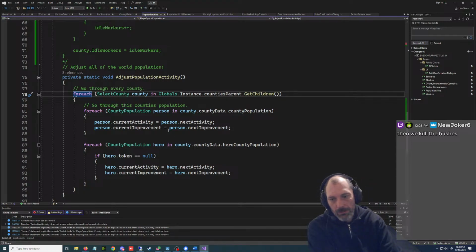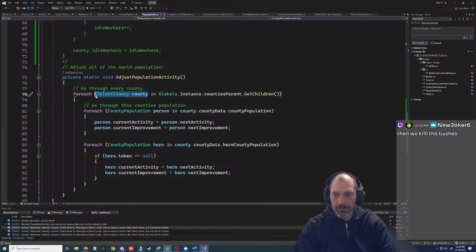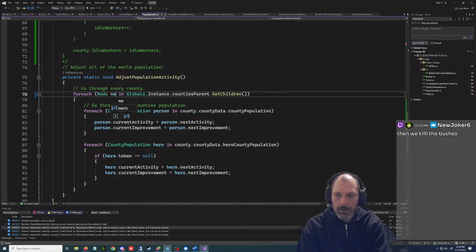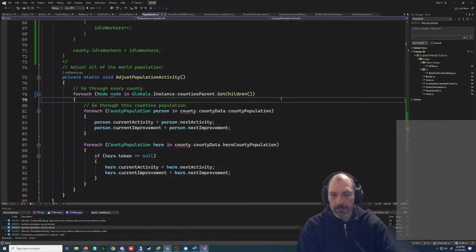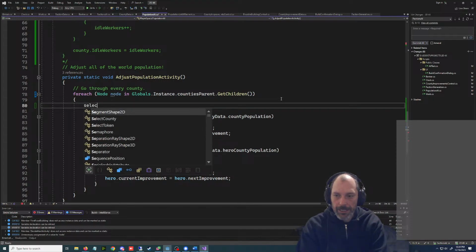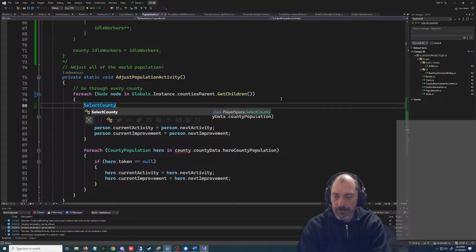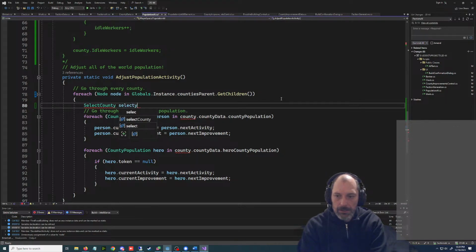Is this null though? I think this is one of those things that I hate so much. All right, we'll do this. We'll do node. Then we'll do select county.